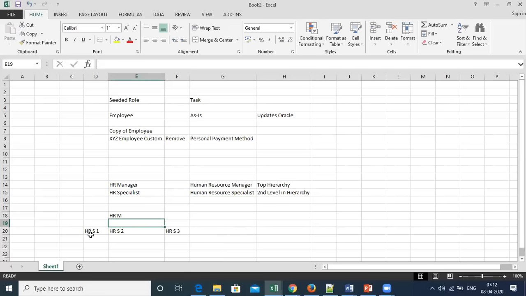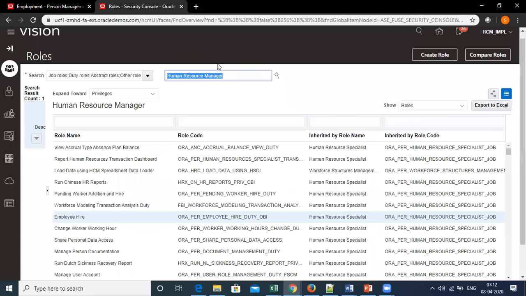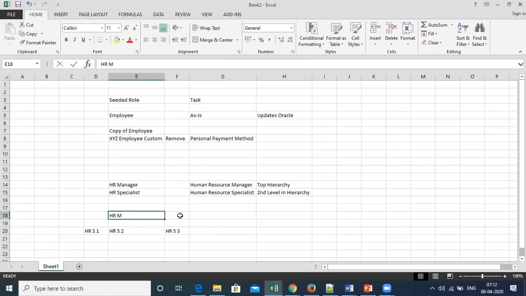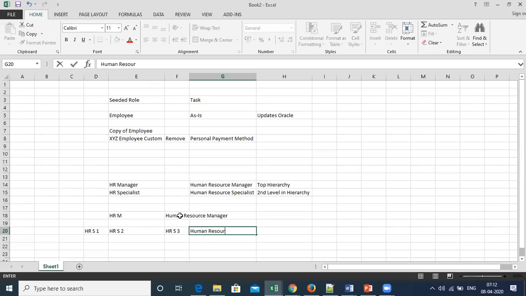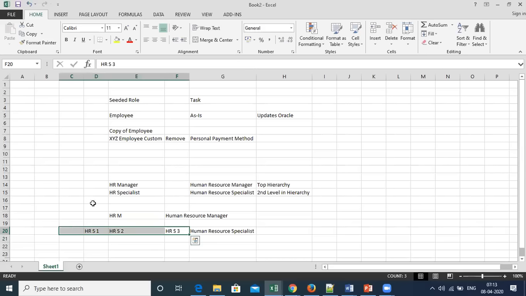So this HR manager manages all these 3 HR specialists, and these 3 HR specialists have very limited access, but being a human resource manager, you have access to all the data. So human resource manager role will be assigned here, and human resource specialist will be assigned to all these 3 human resource specialists.